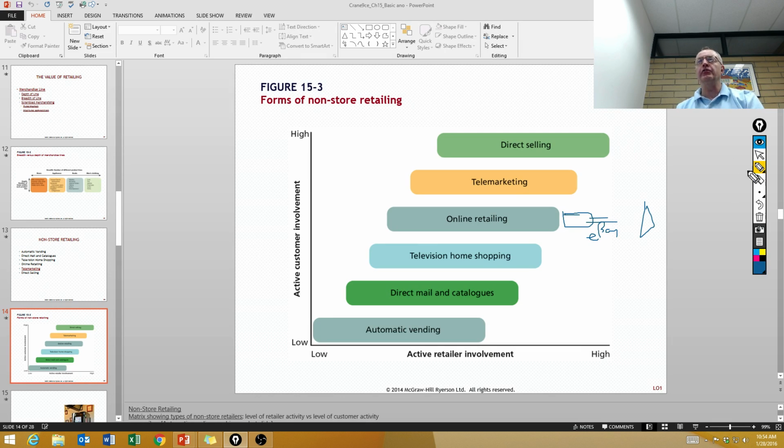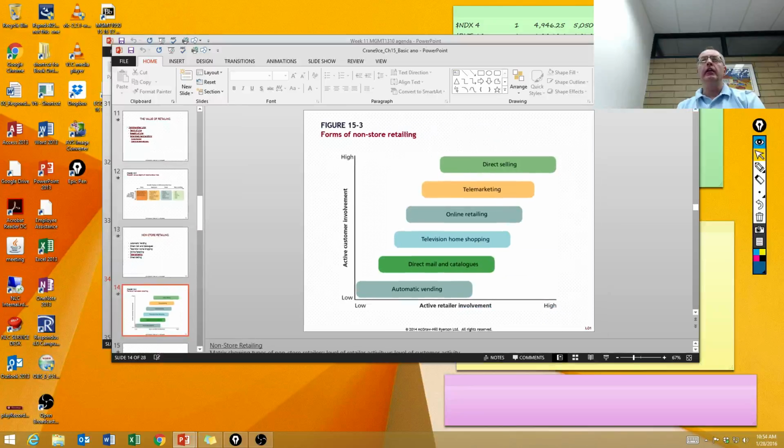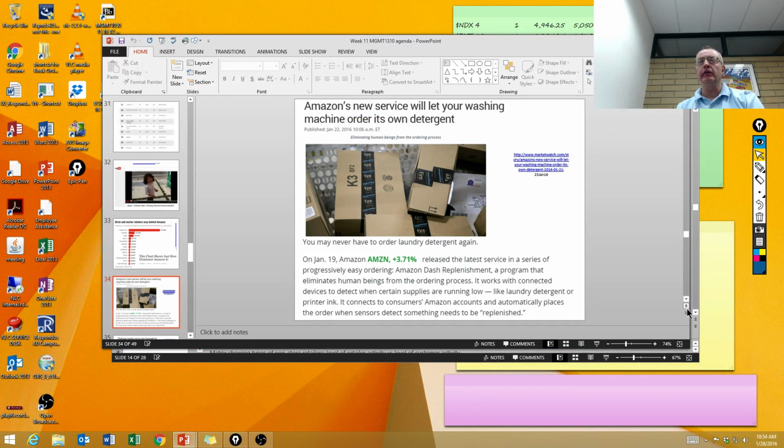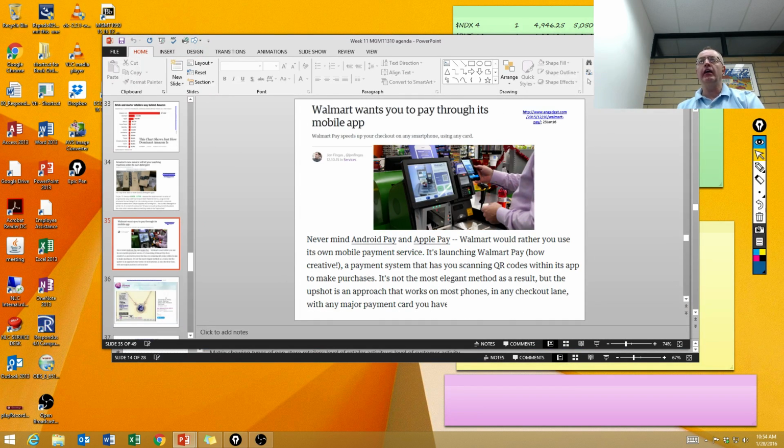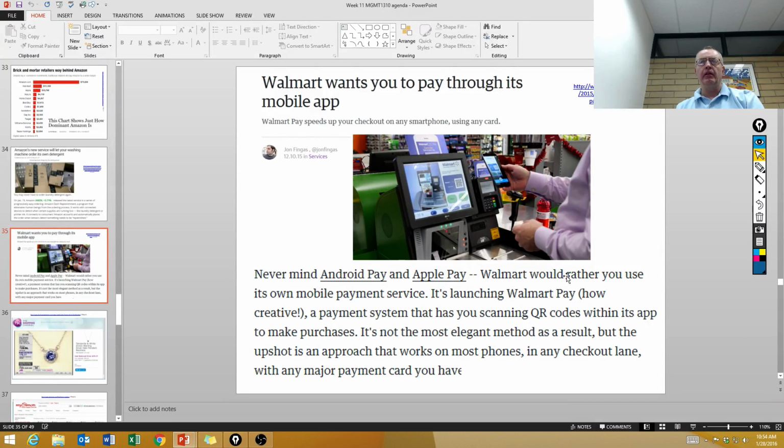Okay, and then for the Walmarts of the world, how can you buy stuff online from them? Well, you can go to their website, or you can get an app for your phone, and you can go walking around the store, and you scan the QR code on the product into your phone, and then you bring your phone and your basket of goods to the checkout, and then you can automatically pay for the products that you've got in your electronic shopping basket. So this is relatively new.